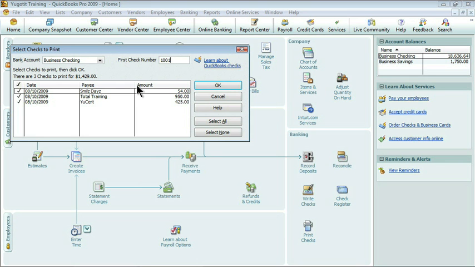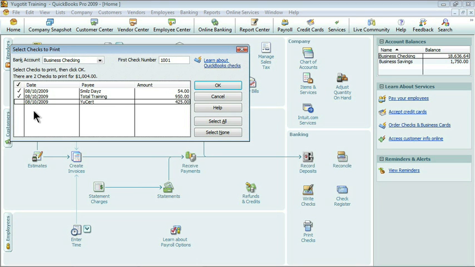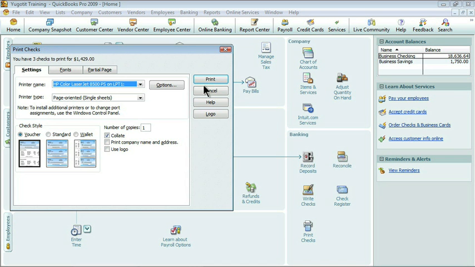Down below, I get to see all of the checks that it's going to write, and if for some reason I don't want it to write one of these checks at the current moment, I can simply deselect it by taking off the check mark. Then all I need to do is click OK. And because it is printing something, it brings up your standard print dialog box. Here you would pick the printer, you would choose what type of checks you had,